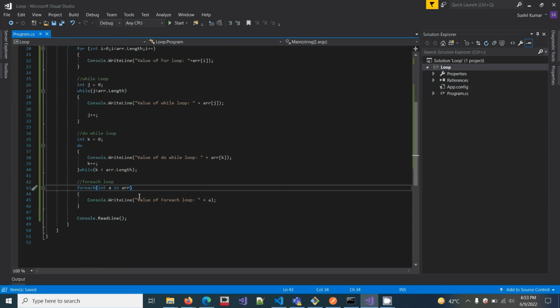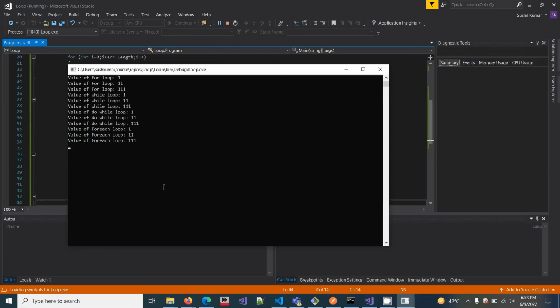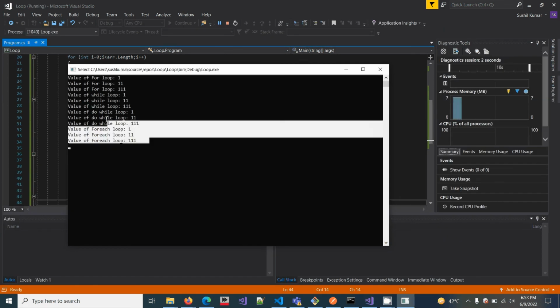In a for each loop, values are directly stored in a variable one by one from index 0. You can't display from index 1 or index 2. It always starts from index 0. You can't jump.